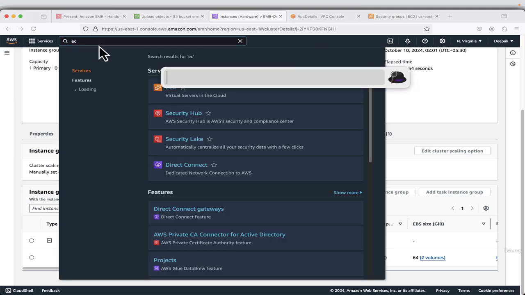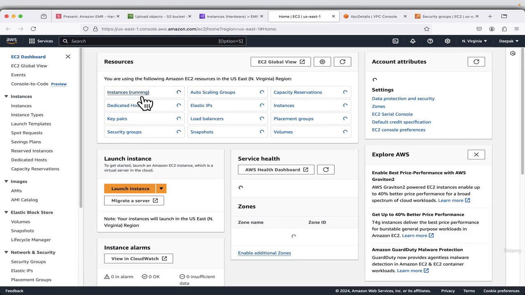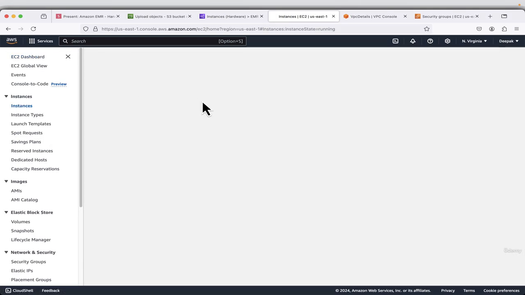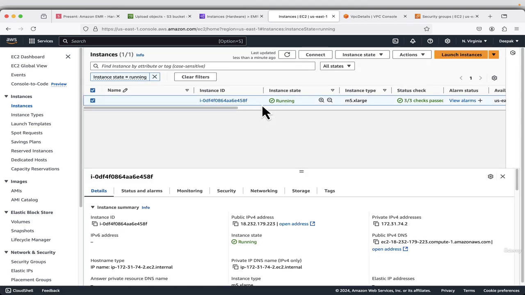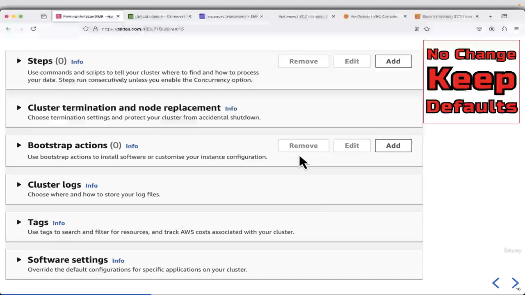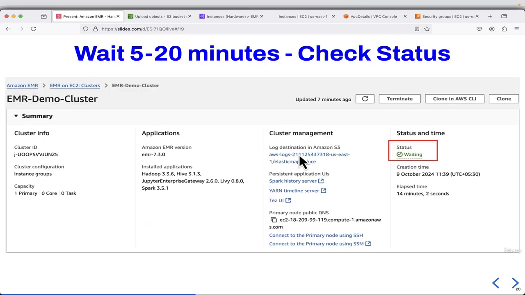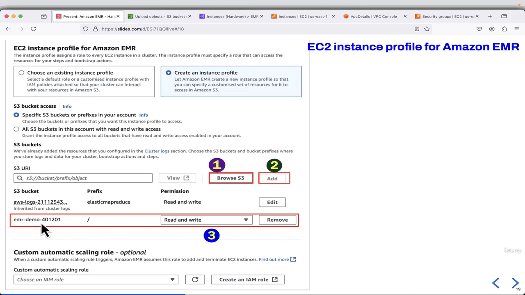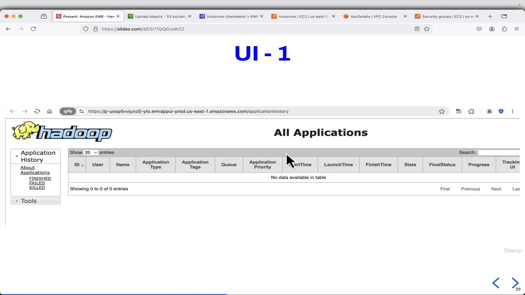So I'll search for EC2 and open this in a new tab and click on instances which are running, and here I will see the EC2 instance which is part of the EMR cluster. So we have seen all this configuration, and we have given, after waiting for 5 to 10 minutes, and remember we have given this particular S3 bucket to be part of the instance profile, and we have checked out the EC2 instance,